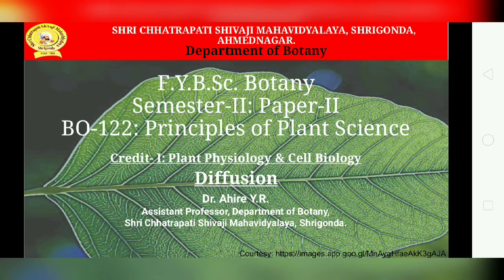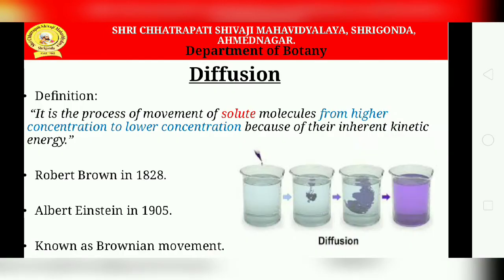For example, take a beaker of water, as you can see in the picture, and put in it a drop of ink or any crystal particles, such as salt or sugar molecule crystals. So what happens here? When the crystals are placed in water, they are in one concentrated area only. After this, what happens?